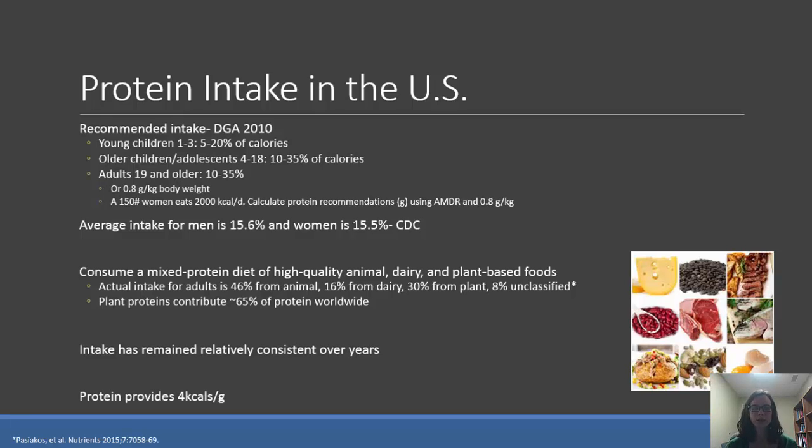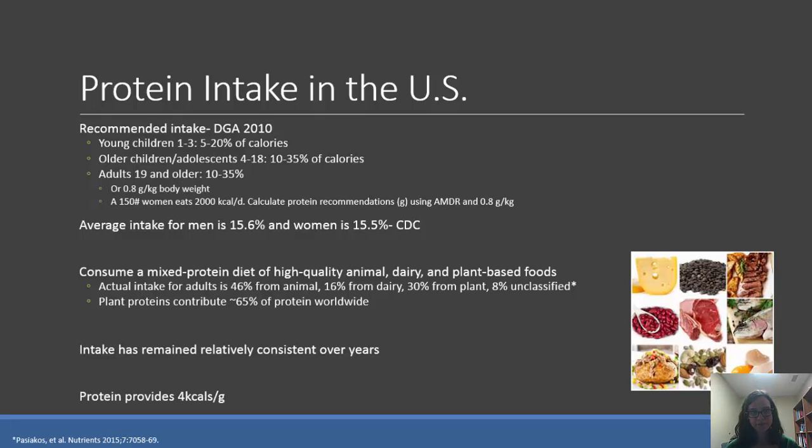So let's just do a quick little exercise. Let's calculate the needs according to these two methods for a woman who's 150 pounds and eats 2,000 calories a day. If we calculate it according to her body weight, her recommended intake is about 55 grams per day. If we use the AMDR, her recommended intake is 50 to 175 grams of protein per day. So you can see when we do it by body weight, we really get a recommendation on the lower end of the AMDR. In actuality, in the United States, both men and women consume about 15.5% of their